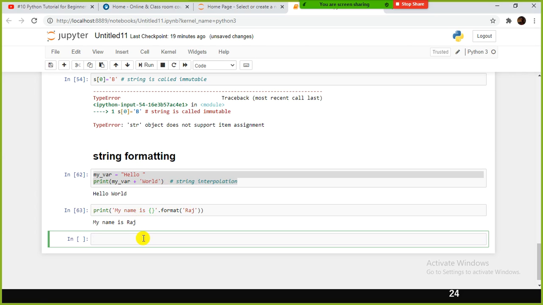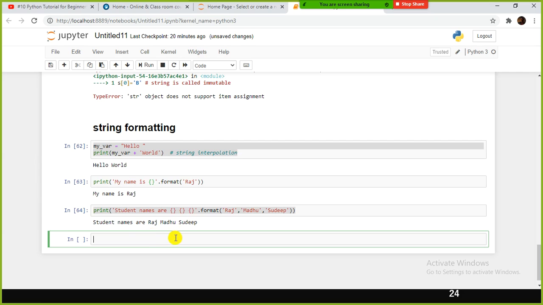And also, let's say we will use more than one thing. For example, you want to use 3 string values. Even we can pass some values to the variable and print it. So we can do it that way also. Like in C language and Java, the same way we can do it here also. Format, Raj, Madhu. These kind of statements can be used where bots reply with our name, like Hello Raj, hello.